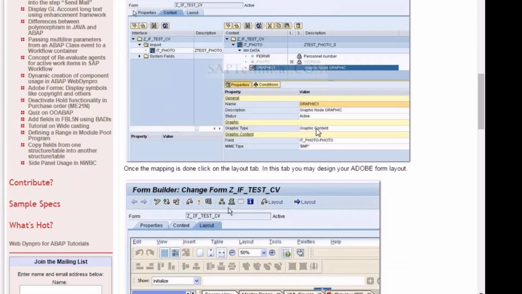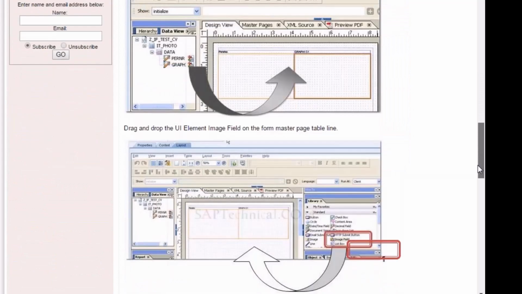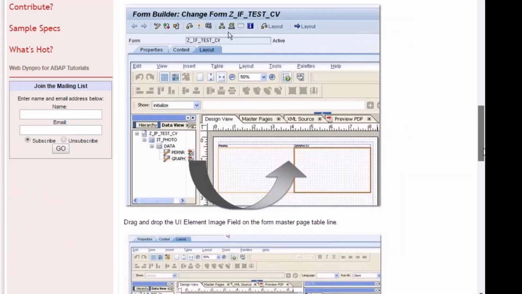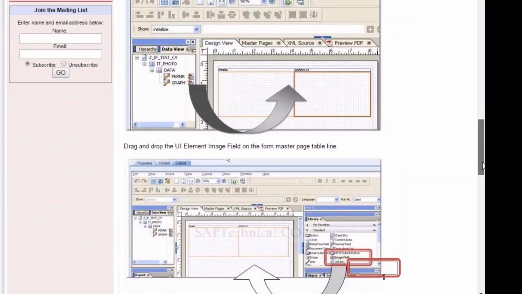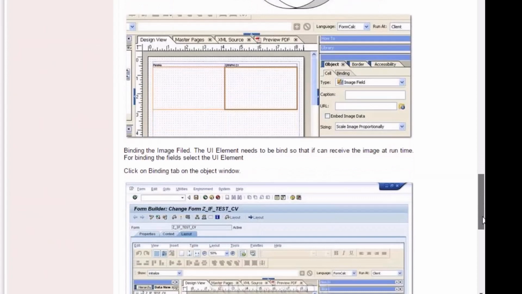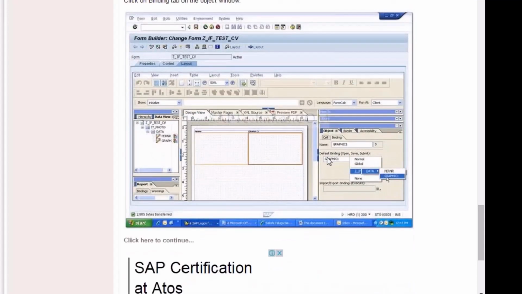Graphic content, BMP already done. Layout, done. Drag and drop the UI element image field. Okay, done. Then binding the image field. They went to properties. Yeah, same.